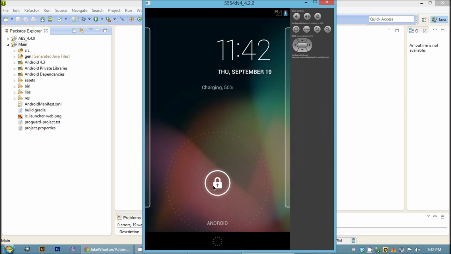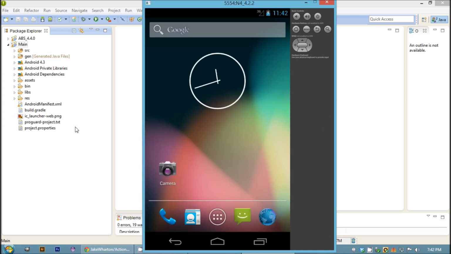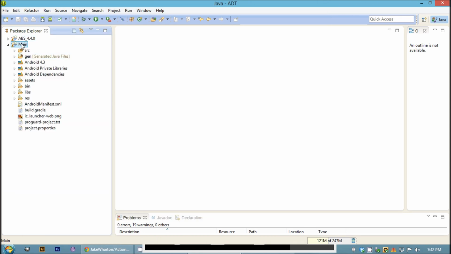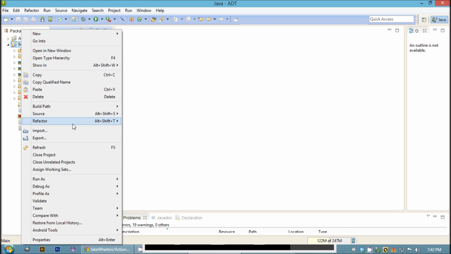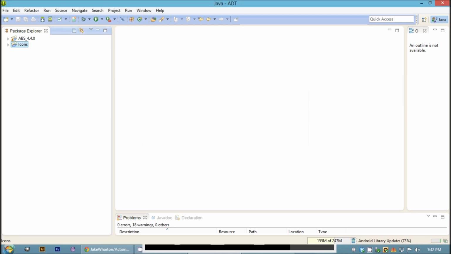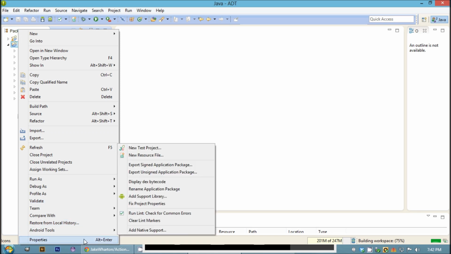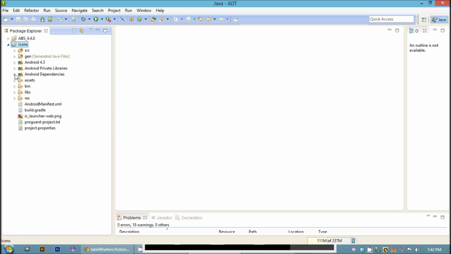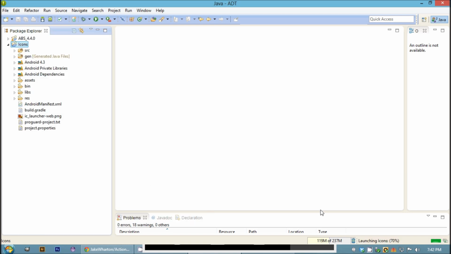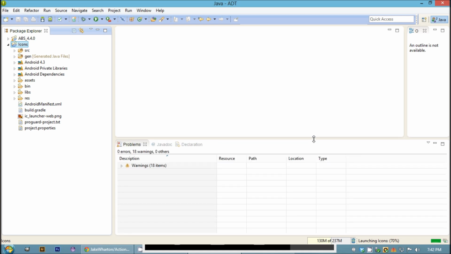So once the emulator is up, we're going to go ahead and open it up. Oh, one last thing before that. You could actually right-click this and rename it to icons, or whatever the name of your icons is. That's usually what I do. I have it specifically the same name of my pack, so I have some organization going on. So basically, run as Android application, and what we're going to see here